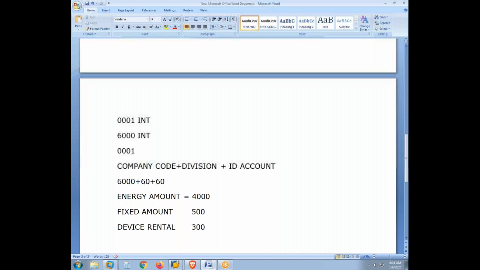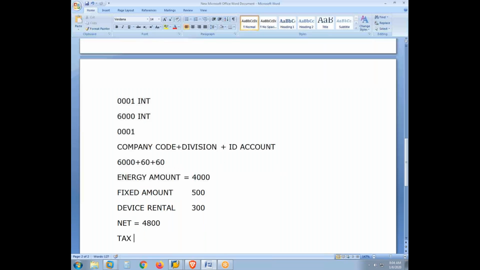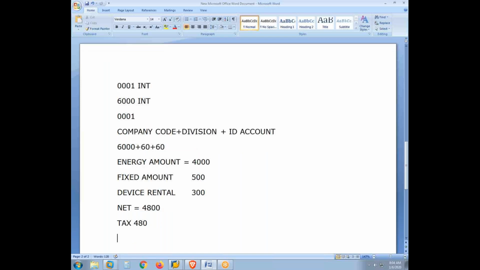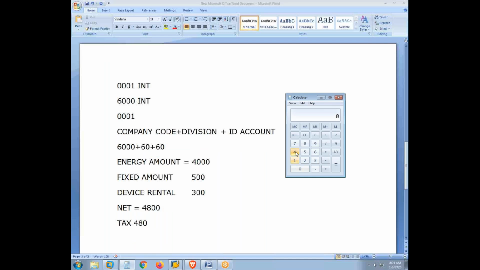So the net value is going to be 4,000 plus 500 plus 300, which is equal to 4,800, plus tax on the sub-transaction value. Including the tax, the sub-transaction value tax will be 10%, so 480. So the total amount will be 4,800 plus 480. This is to be debited to contract account, and parallelly it has to debit to